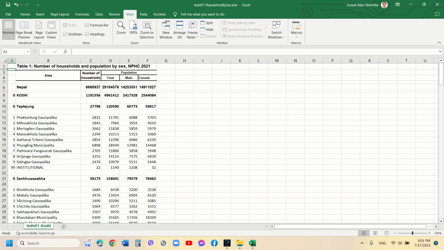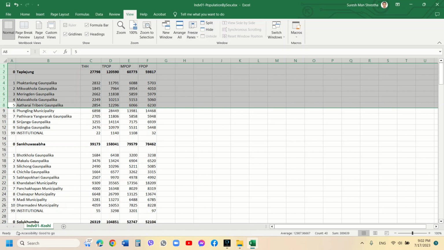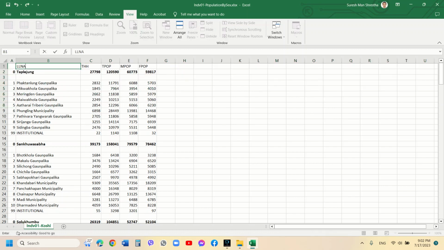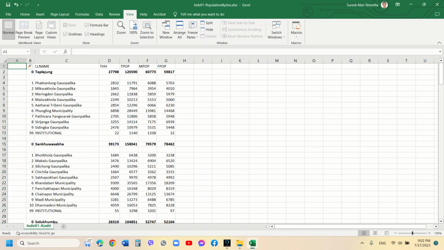So to make this data useful for our GIS purpose, we have to restructure the data a little bit. So first of all, let us write this column name here, total household, and this is total population, this is male population, and this is female population. So after writing these headings, we can delete all these rows which we are not going to use. And here, this is the local level name. This is some sort of serial number for the palikas, which we write just N. And we insert a column here to write the district name